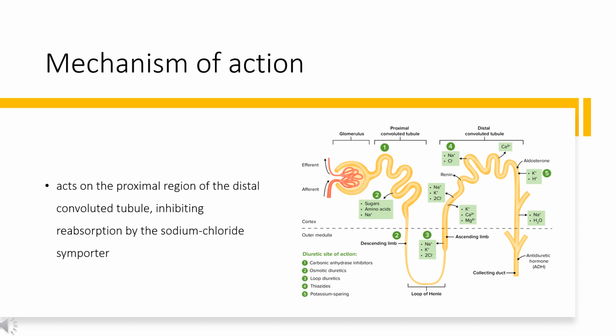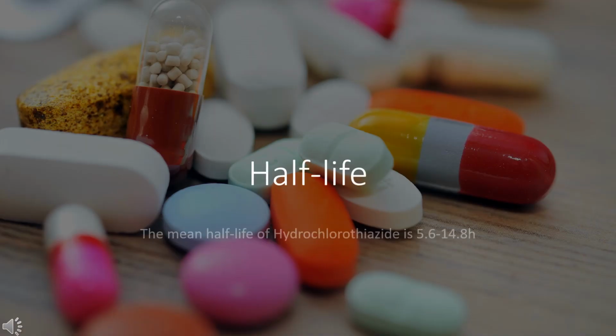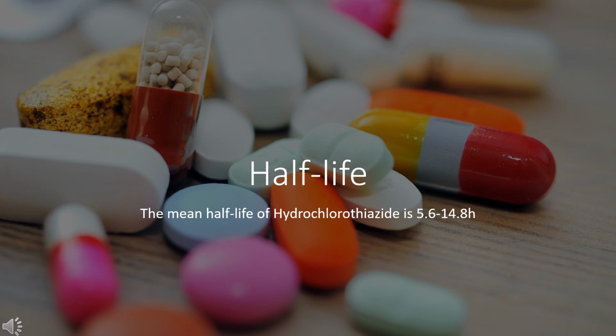Hydrochlorothiazide acts on the proximal region of the distal convoluted tubule, inhibiting reabsorption by the sodium chloride symporter, also known as solute carrier family 12 member 3, SLC12A3. Inhibition of SLC12A3 reduces the magnitude of the concentration gradient between the epithelial cell and distal convoluted tubule, reducing the reabsorption of water. Half-life. The plasma half-life of hydrochlorothiazide is